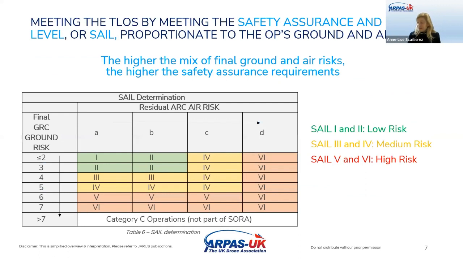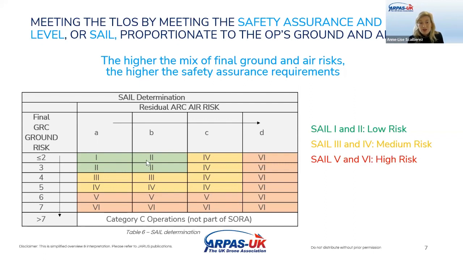So how do you meet that target level of safety? Well, you meet the TLOS by meeting a safety assurance and integrity level, or SAIL, that is proportionate to your operation's risk. That is, if you operate what is considered a relatively low risk operation, still within the specific category, for example, SAIL 1 and 2, as you see in that little table, meaning your final ground risk is maximum 3 out of 10, and your maximum air risk is A or B out of D, then